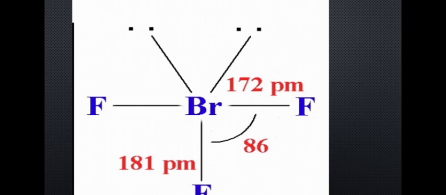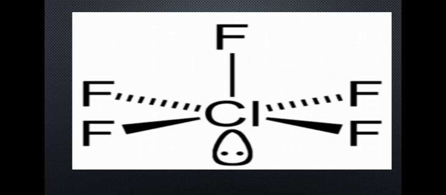Half bracket start 7 plus 3 bracket close. The value comes out to be 5. 5 means sp3d. So sp3d has a trigonal bipyramidal arrangement. In this we will arrange 3 fluorine and 2 lone pair, but note lone pair always occupy the equatorial position at the corners of triangle.